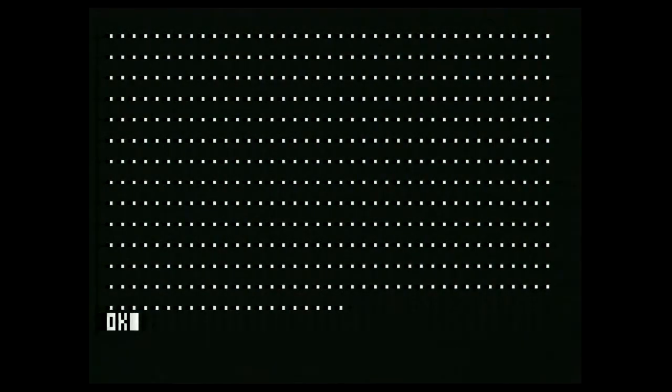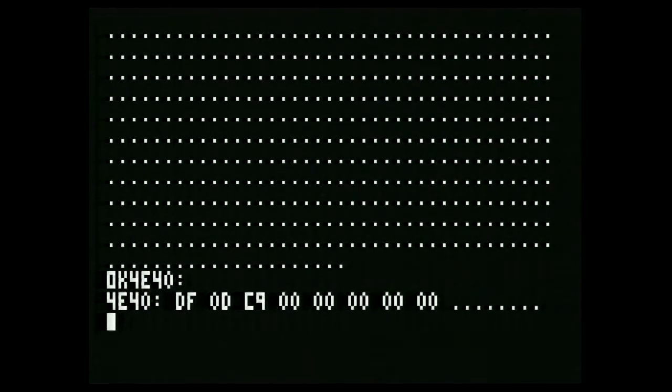I did a reset just now. Let's check out what we have in memory. This is the big thing about machine language. You have to understand what's going on in memory. So let's look at our code. It's at 4E40. So we type in 4E40, write the address, we do a list, and I have my code, which is